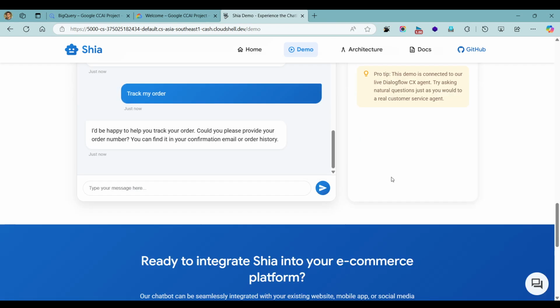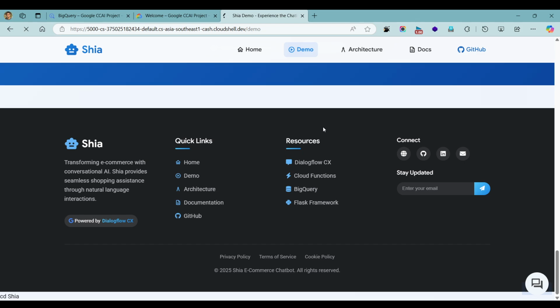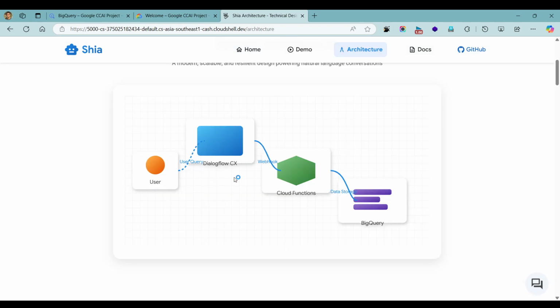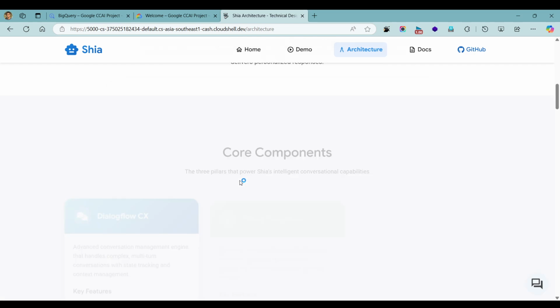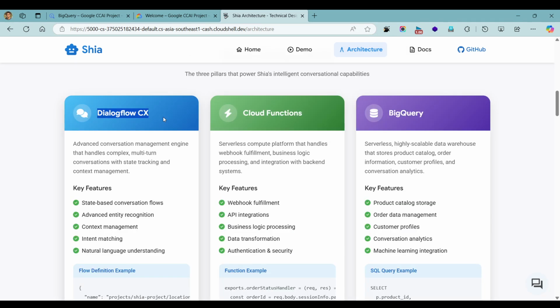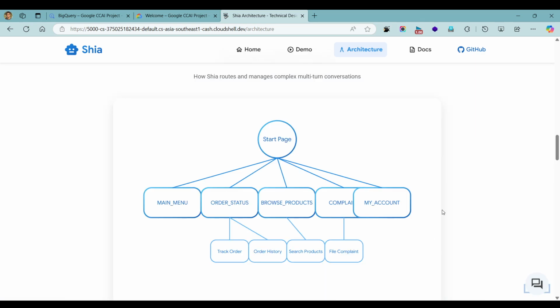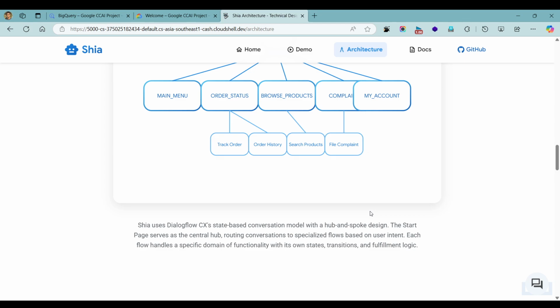Basically this bot is created using Dialogflow CX and natural language processing, NLP. So what is the architecture of this chatbot? While we create the chatbot, we use Dialogflow CX, Cloud Function, and BigQuery. So what is the core functionality? This is the core functionality of these: Dialogflow CX, Cloud Function, BigQuery, and this is our entire conversation flow. Means in our chatbot we have these types of options, and if we talk about each option,